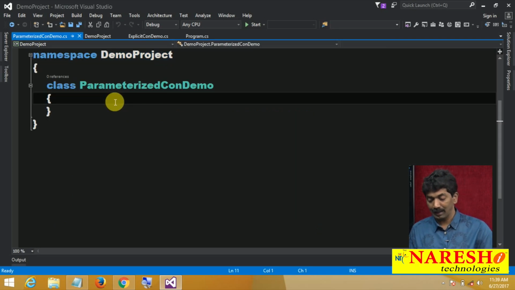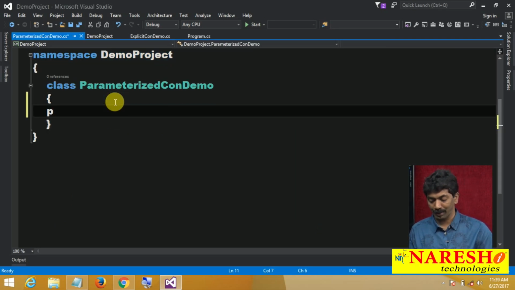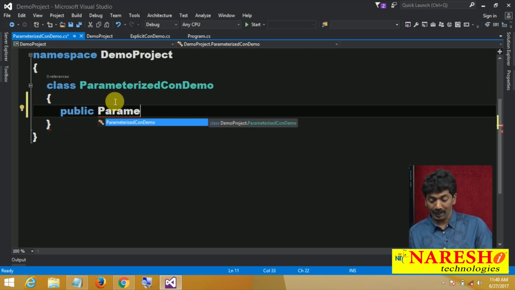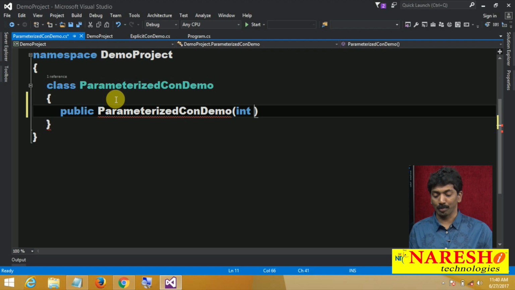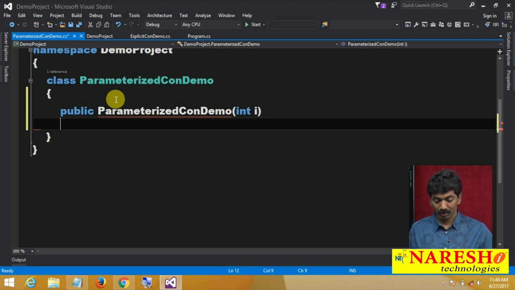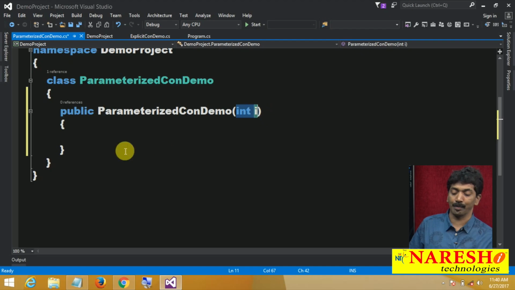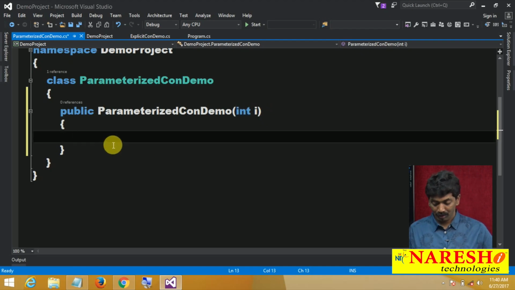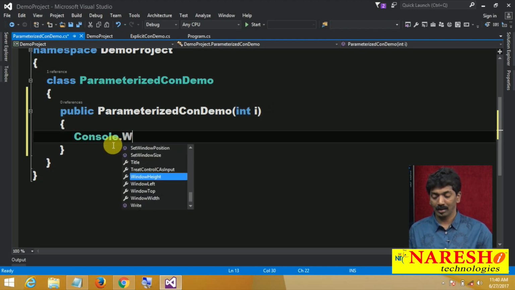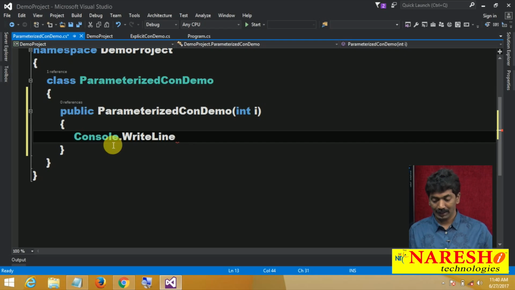In this class, let us define a parameterized constructor: public ParameterizedConDemo, just trying to pass a value in. So this is what I am saying: a constructor with parameters is what we call a parameterized constructor. Now inside of it I am writing Console.WriteLine.